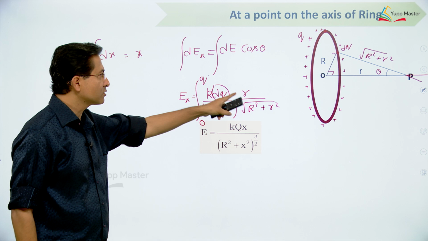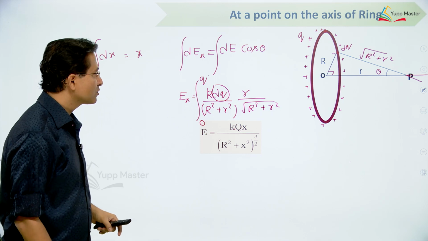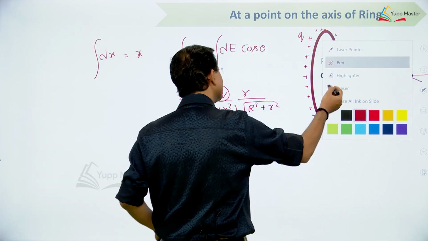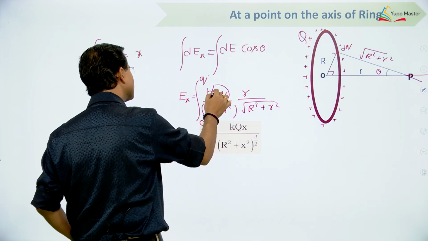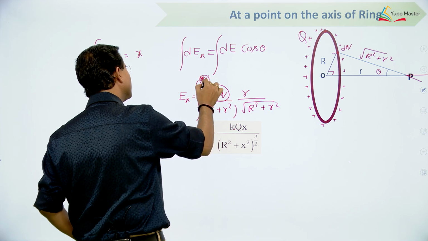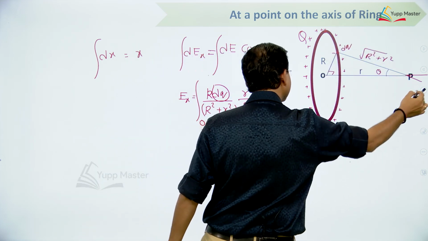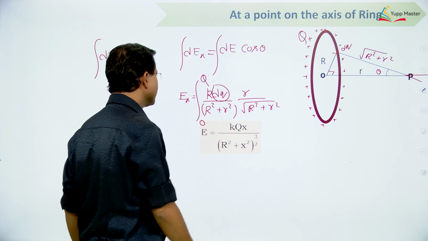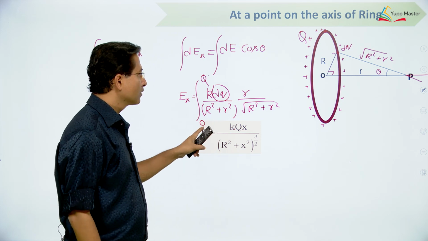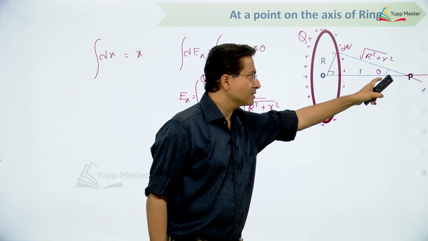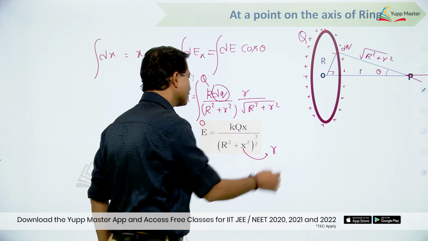Now if I simplify this one, then I will get kQ, where I am representing capital Q as the total charge. So instead of taking this as a small q, here it is taken as capital Q. So similarly here this will be capital Q. So this is the expression of the field produced by the ring at some distance r, or you can also call this distance x. So this x is nothing but r according to the diagram, right.